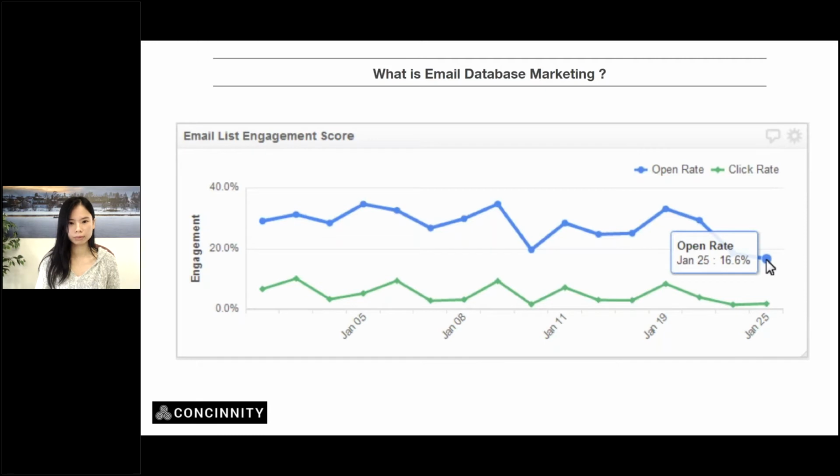Now, what you see in front of your screen is an example of open rate and click rate for multiple EDMs that you send, or multiple emails that you send over a span of time.